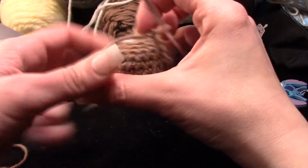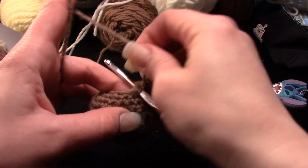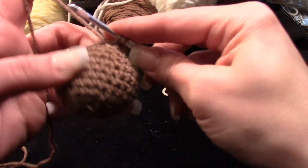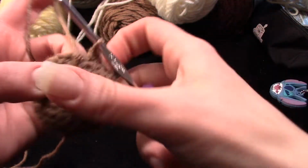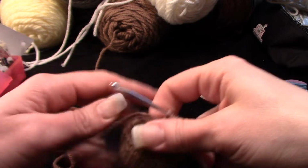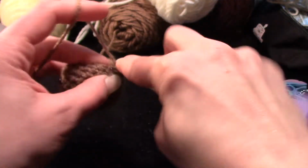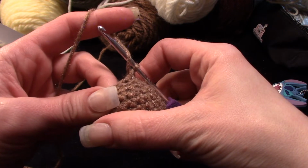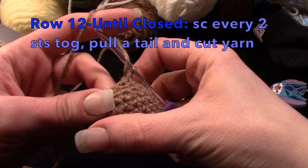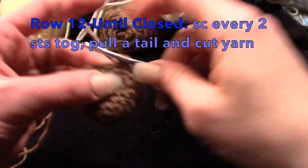All right, so from here, what you're going to do is you're going to put your finger and hold the stuffing down. And before you completely close this head up, make sure you have enough stuffing, because once it's sealed up, that's it. You're done. Okay. So from row 11. Is that what row we were on? No, I'm lying. Okay, row 12. So from row 12 until it is sealed,